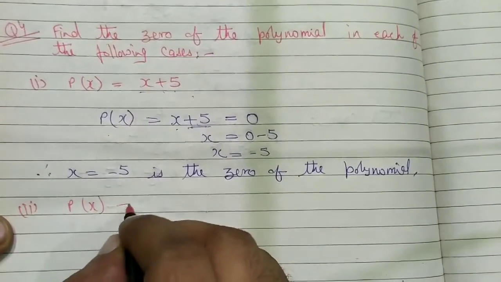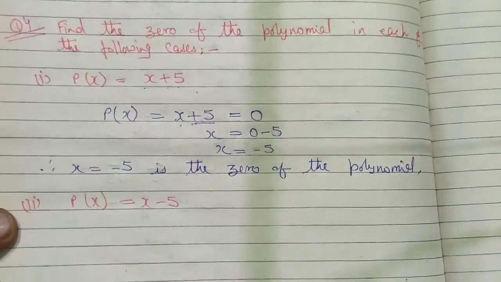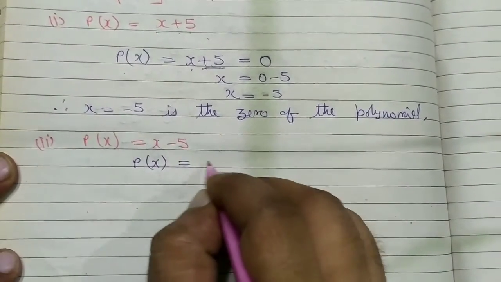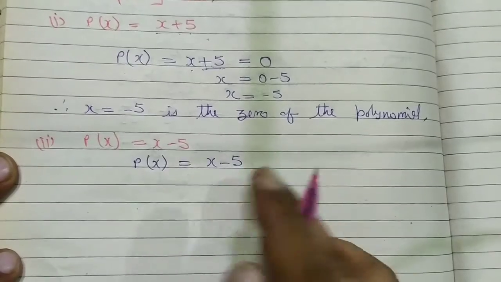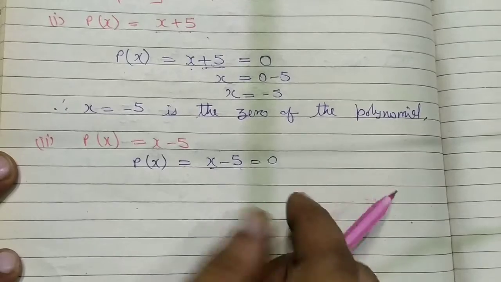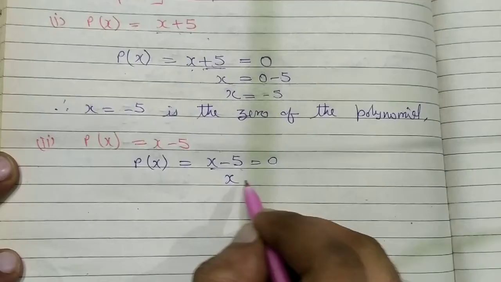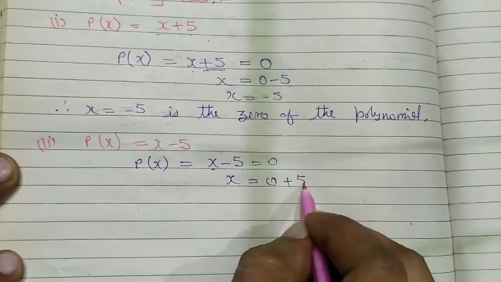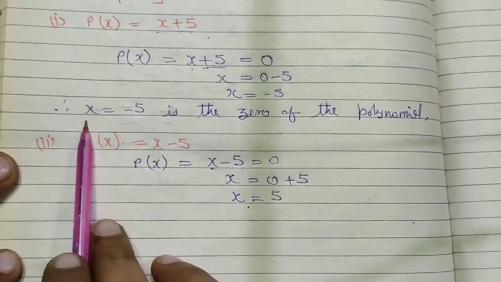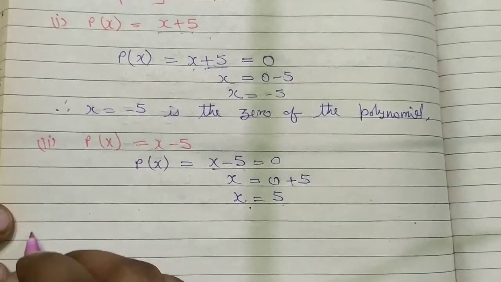It's p(x) is equal to x minus 5. Okay, so let's solve this. Begin over here, x minus 5, which again should be equal to 0, right? So we should not forget that we are going to use these two, right? So it is x minus 5 equal to 0, so x is equal to 0 plus 5, and it is 5. Then again write the statement that x is equal to 5 is the 0 of the polynomial, right? Okay,